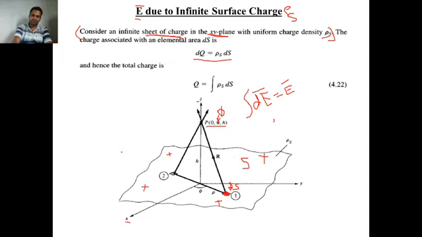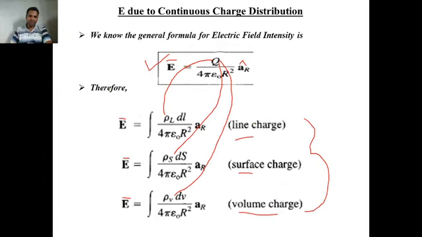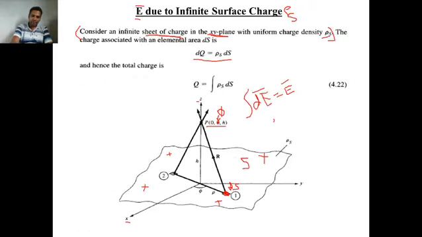This is the idea behind this, because what formula do we have? Total E bar is equal to integration of rho s ds upon 4 pi epsilon 0 r square. For that you require ds. Rho s is given in the problem, 4 pi epsilon 0 is constant, and r and a r cap we can find with the help of the displacement vector. That's why we assumed a very small differential surface element on this total surface area. On this differential surface, some charge is present, that charge is dq.